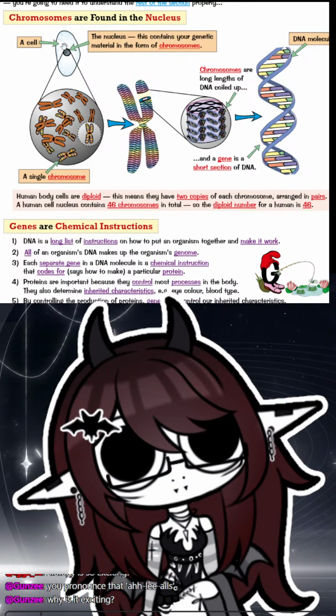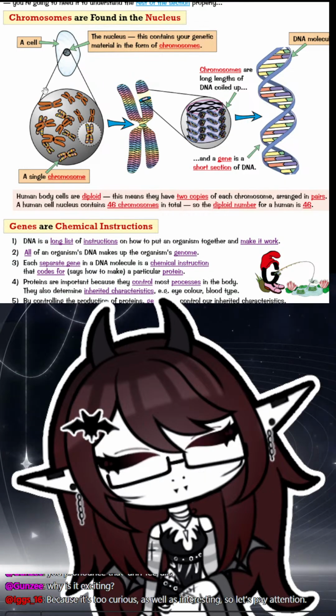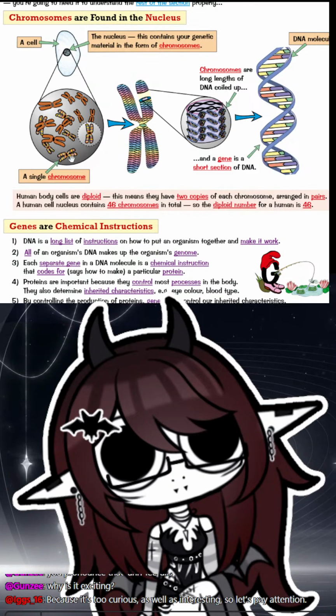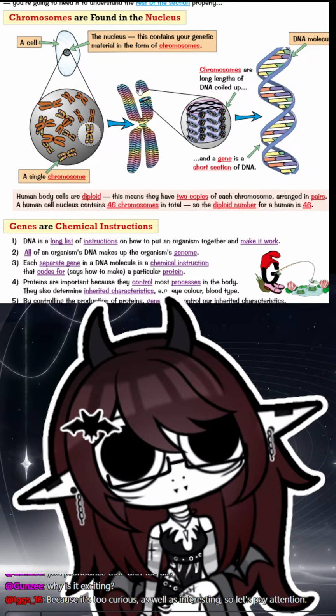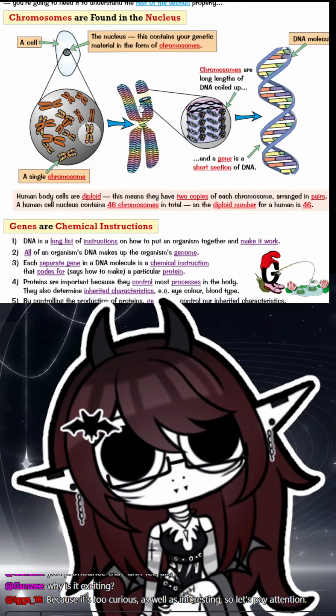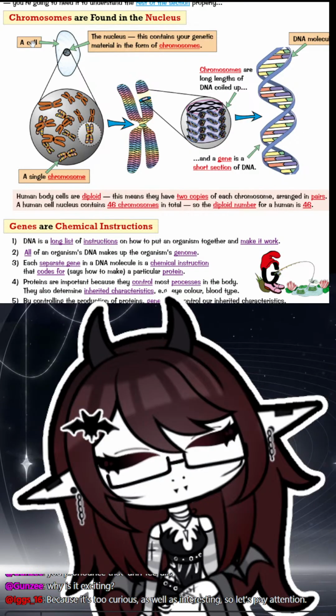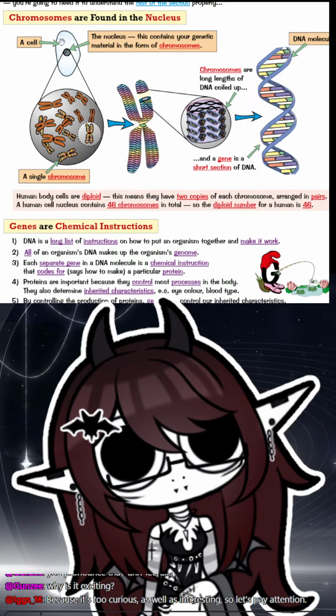So, if we zoom into the nucleus, this little bit here, and then this is the big zoomed in area, we see chromosomes, and each one of these is a big version of this. This is the zoomed in version. There's lots of them. And if we take a small part of this again and look into that, chromosomes are long lengths of DNA coiled up. And then this is what's all coiled up inside of this, which is inside this, which is inside this, which is inside this. And these cells, there will be millions and millions and billions of them inside of you.